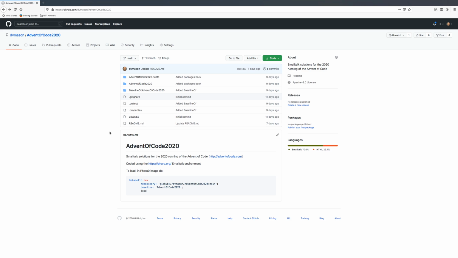So this is a repository that I've created that you are welcome to clone. It basically loads in some starting code and gets everything set up to let you do the Advent of Code in Smalltalk. So I'm first of all going to open up the Advent of Code,